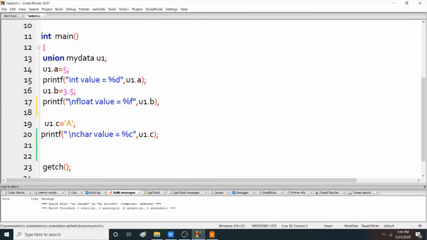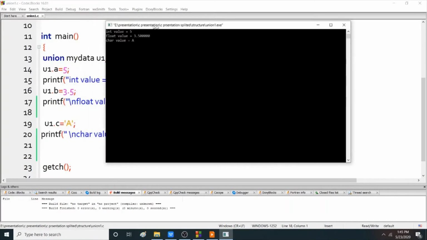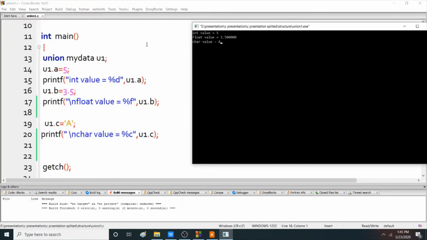So when you run the program, see, int value is 5, float value is 3.5 and character value is a.